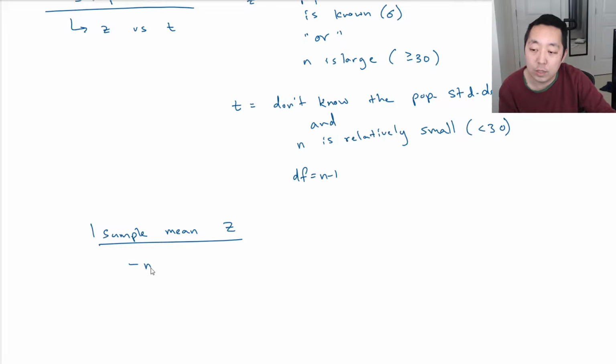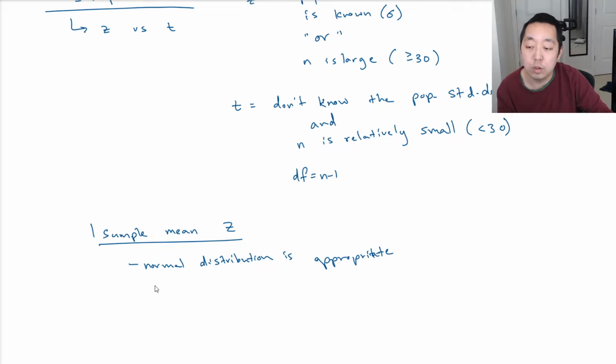One is that a normal distribution is appropriate. That means the way you know a normal distribution is appropriate is either you know the population is distributed normally,